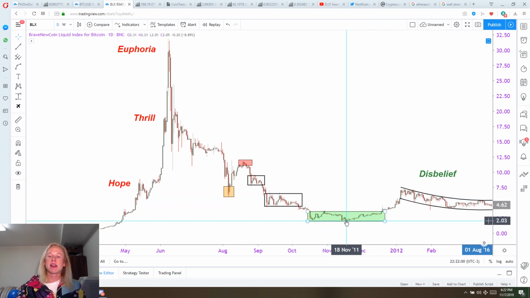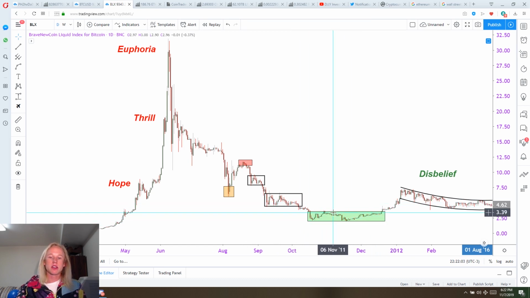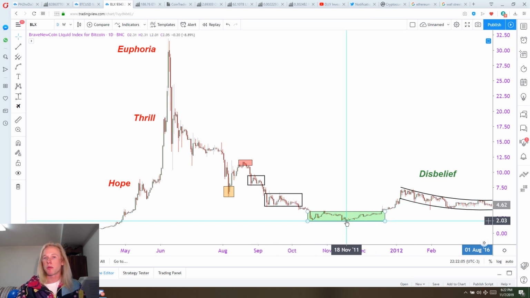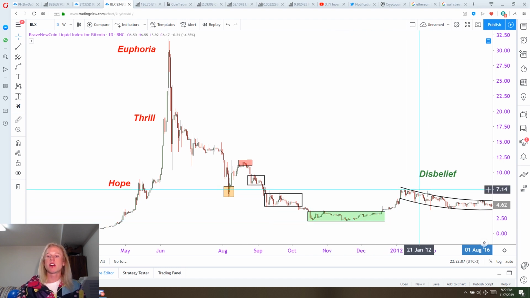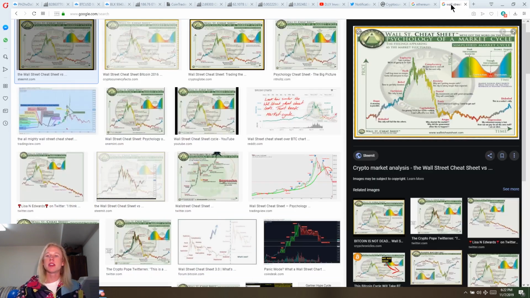But here we have it, guys. Once we actually entered the bottom of accumulation, the very lowest point of this market cycle, we started our first leg up. Now, if you guys know what this chart is, I reference it a lot, and I think that everybody should have a copy of this saved somewhere on them at all times, because it really is one of the most profound bits of information and tools that I've been able to implement inside of my own trading plan.